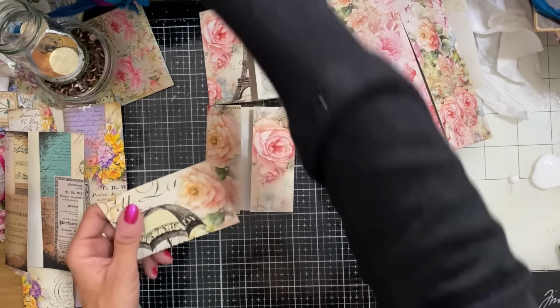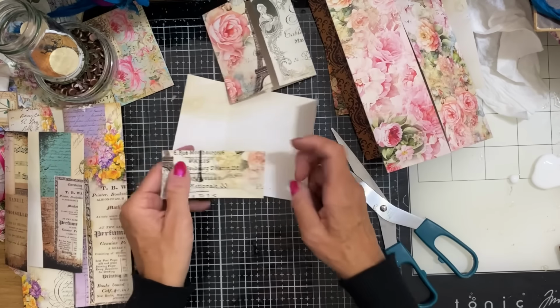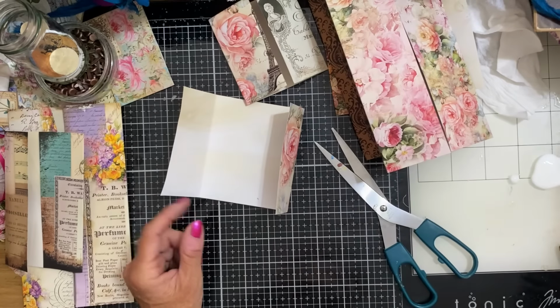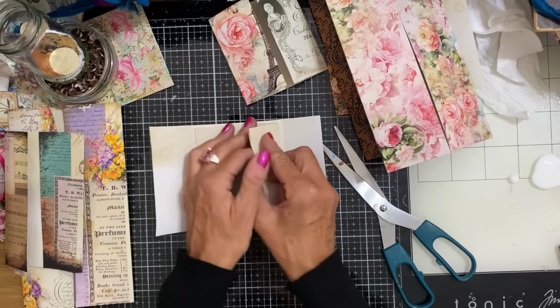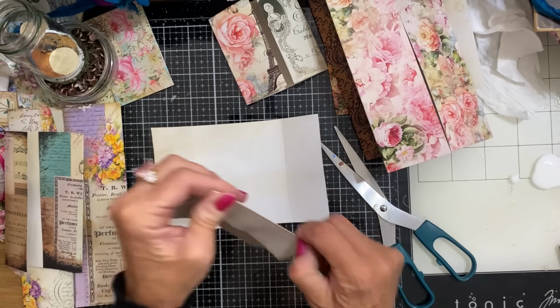Oh, I might have to go for that. That's going to be a pathetic pocket, isn't it? Oh, that's pathetic. Yeah, I'm going to go for a flippy pad instead, and luckily I've got this just the right size. So yeah,